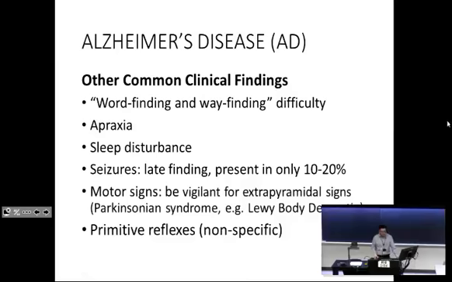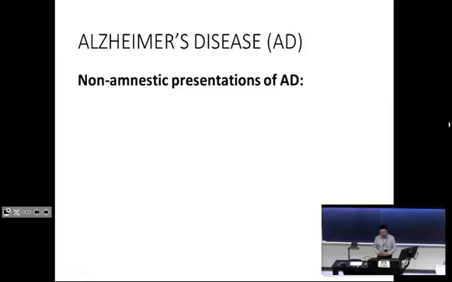cases. Motor signs, just be vigilant for those because they can occur just with aging. Parkinson's disease, again, one of the most important drivers of that illness is just age. And also a lot of the conditions that can cause dementia in terms of cognitive decline can also lead to Parkinsonism, not necessarily Parkinson's disease. And then primitive reflexes, it's kind of an interesting story. I just had a conversation with a neuropsychologist who literally wrote the book on the frontal lobes, and don't quote me on this, but he said that the primitive reflex exam is not very useful. But still do it anyways on your OSCEs.